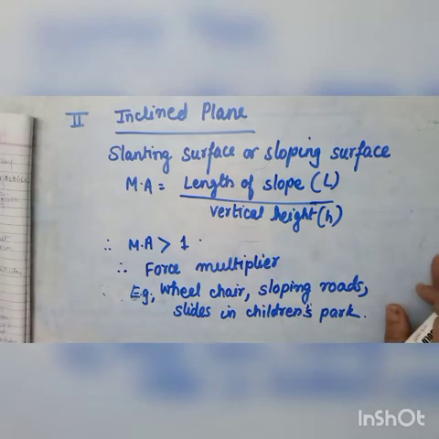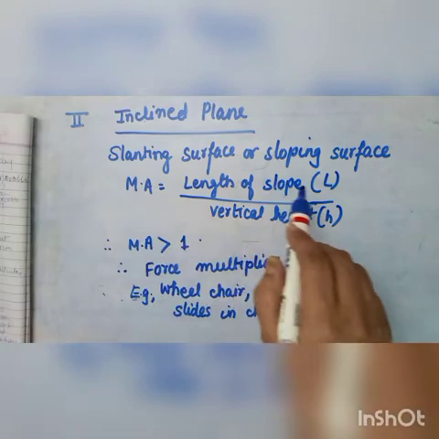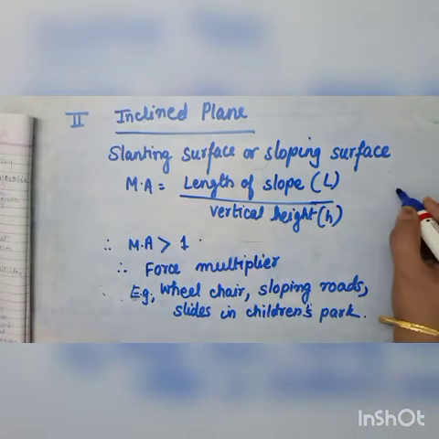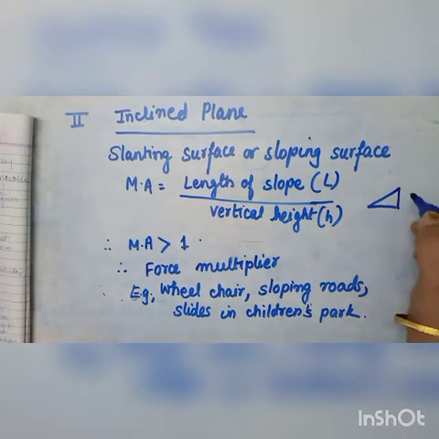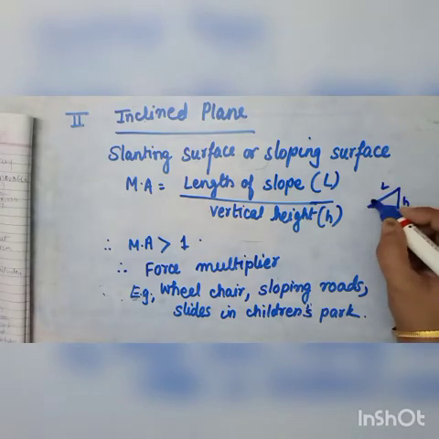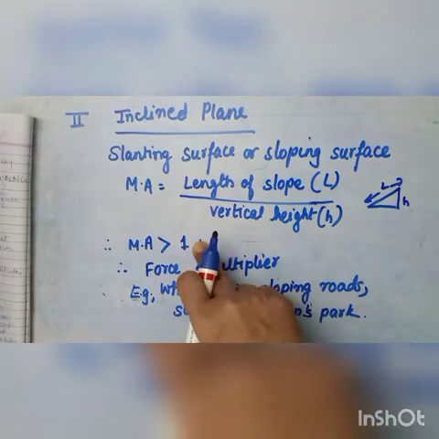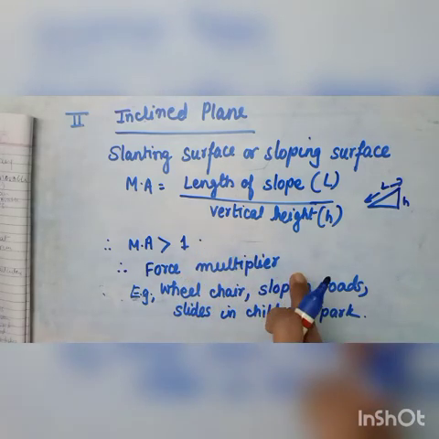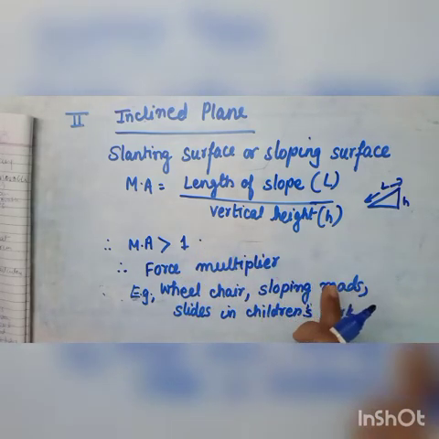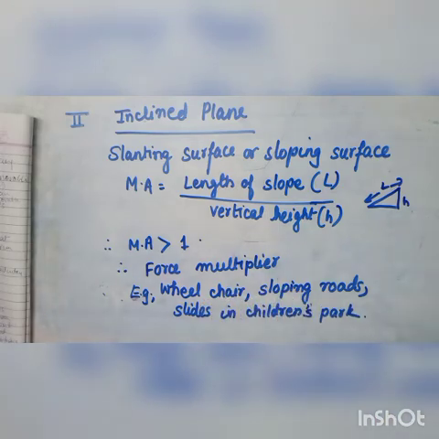Just write some information about inclined plane. So it is a slanting surface or sloping surface. So let me draw the diagram like this. So this is your length and this is your height. Okay, and mechanical advantage is more than one. It is a force multiplier type of machine. Examples. ओके, तो ये इंक्लाइन प्लेन का शॉर्ट में मैंने लिख के दिया है, ये आप याद रखिए।